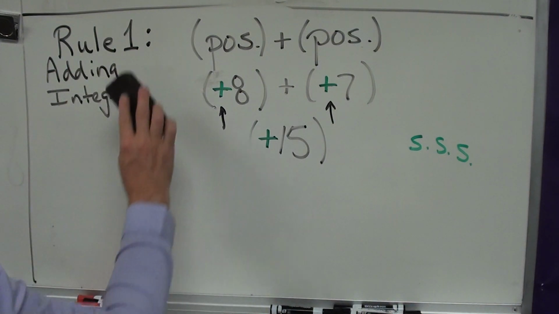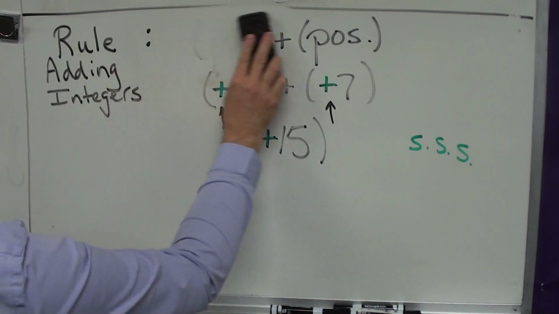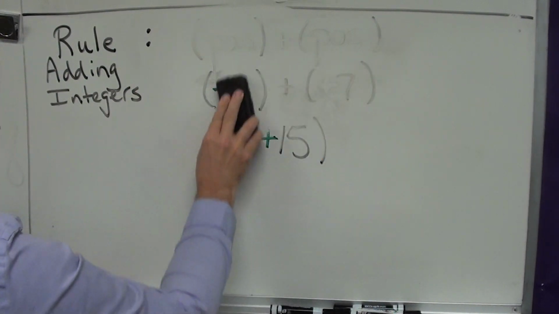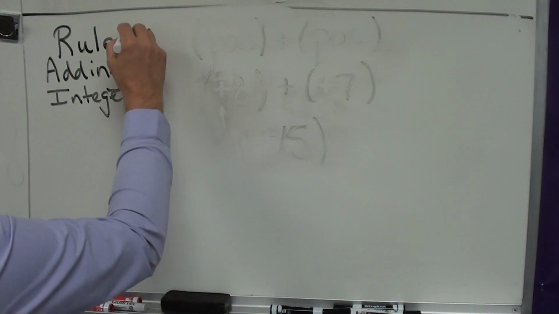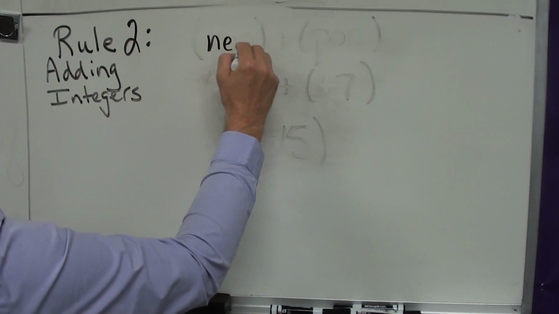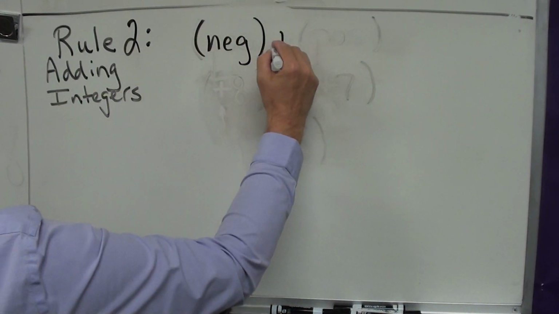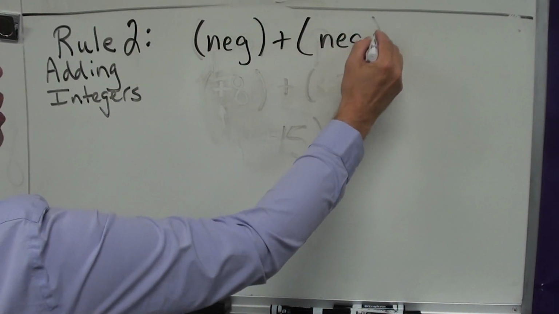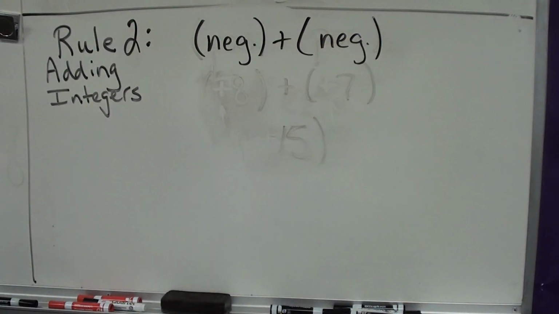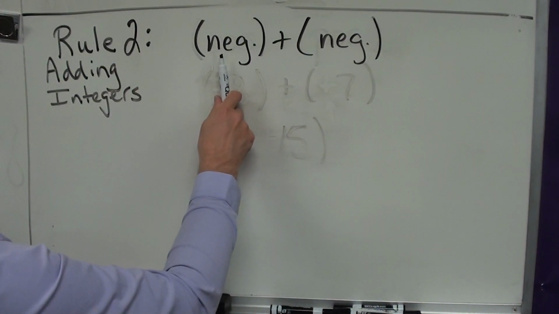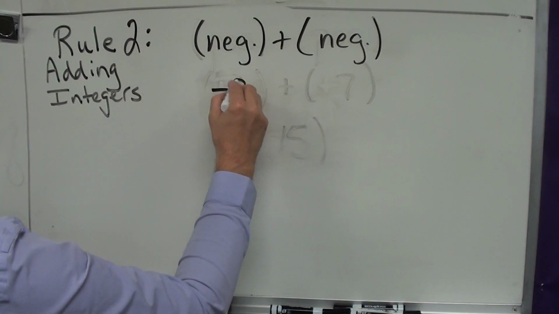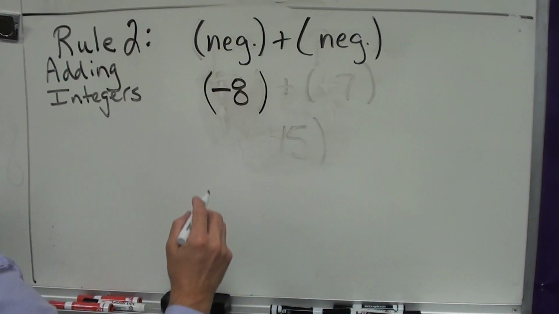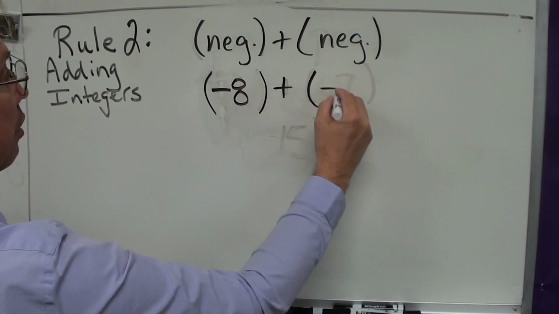Likewise, we have a similar situation with Rule number 2. Let's take a look at Rule number 2. For Rule number 2, we have a negative number, or a negative integer, plus a negative integer. So, Rule 2 states that when we have a negative plus a negative, for example, let's say this time we have negative 8 plus negative 4,